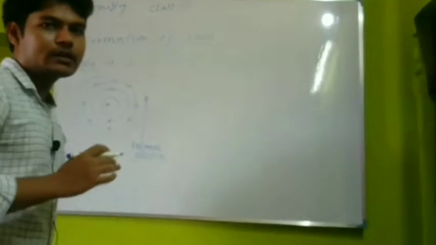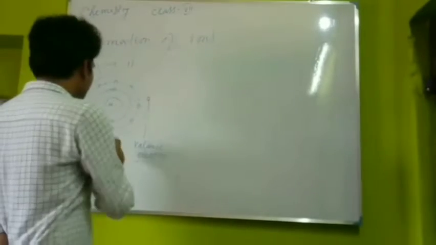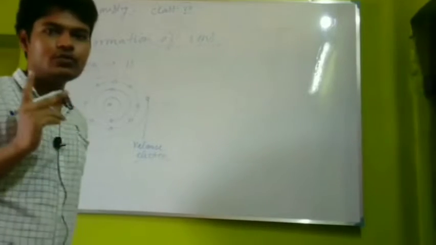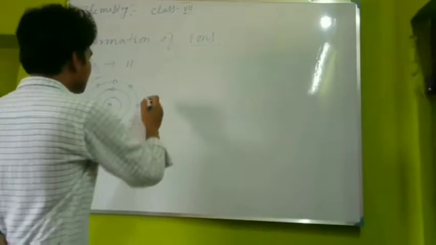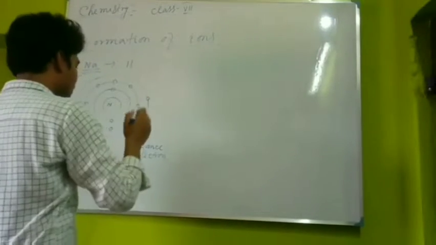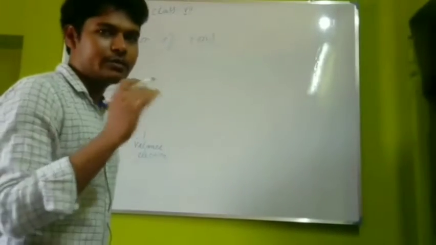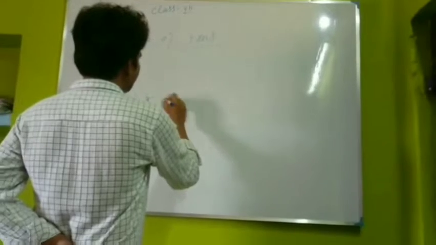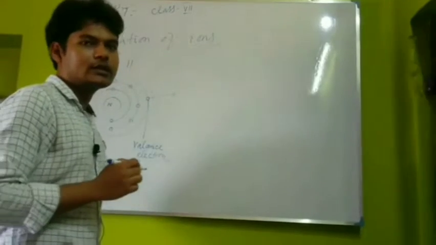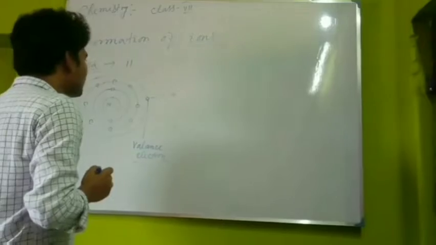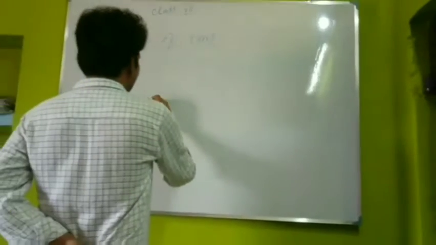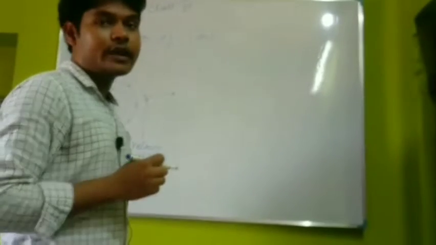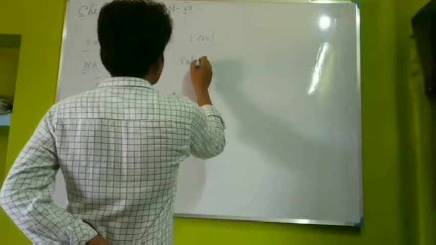So for the metals, how they form the ions, there are two rules. For the metals, if the number of electrons at the outer shell is less than 4, then they give or donate these electrons. And for the non-metals, how do we find out the valency? That is the formula to find out the valency. Okay, valency. What is valency?